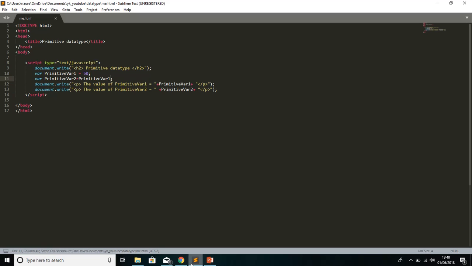Yeah, so this is something. Now what I do, again, I'm declaring a primitive variable: var primitive var2, and assigning the value 27 this time. So I declared it as 27. And now I write down again document.write, then inside a paragraph start the value